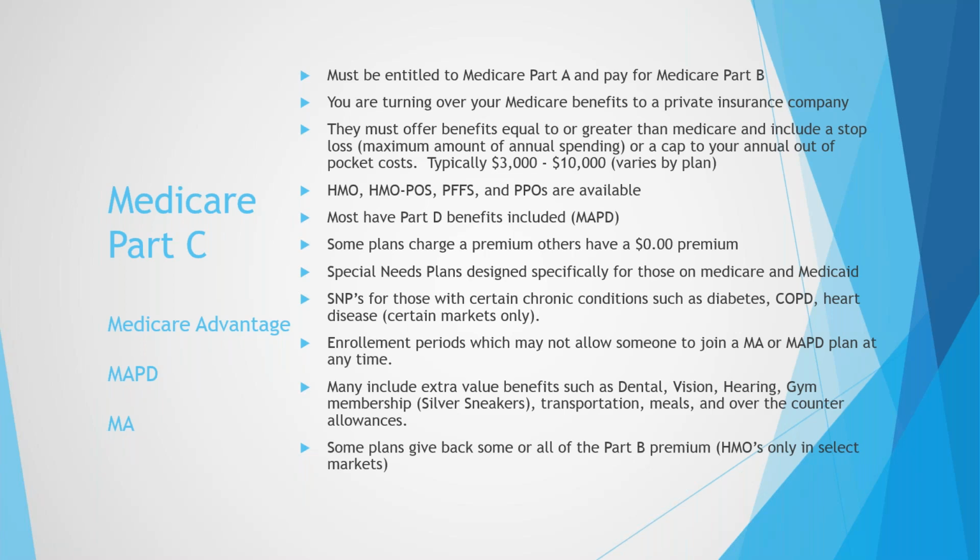What does that mean? That means instead of paying the $134 to Medicare, if you go into Medicare Advantage plan ABC, ABC will reimburse that client $80 or $90 back to their Medicare. So again, money. It all draws down to money. You have somebody on the fence, their income is not very high, they're not even sure how they're going to pay for Medicare. They don't qualify for extra help. If you got a Part B give back plan, that means the world to them, because now they don't have to pay a monthly premium or a very little one to get their medical and their prescription drug coverage. Okay?